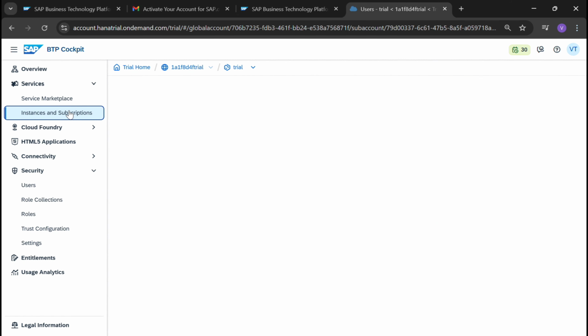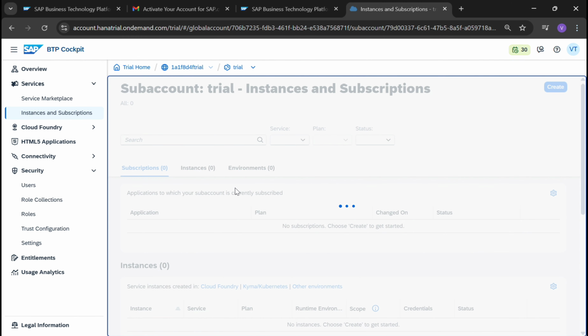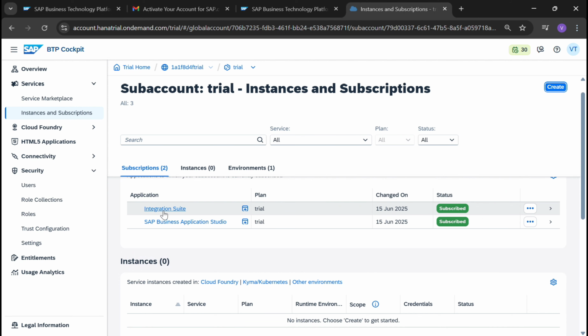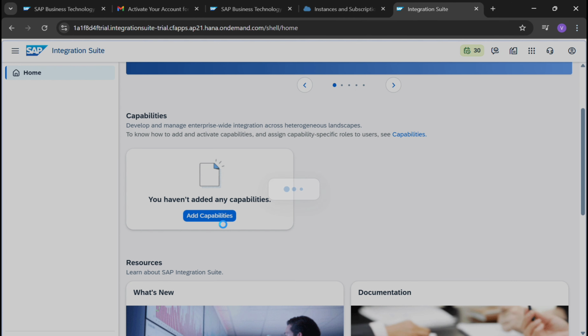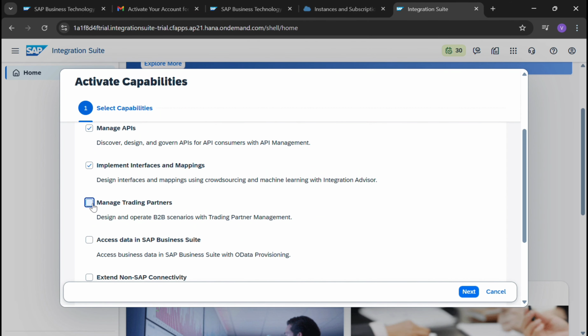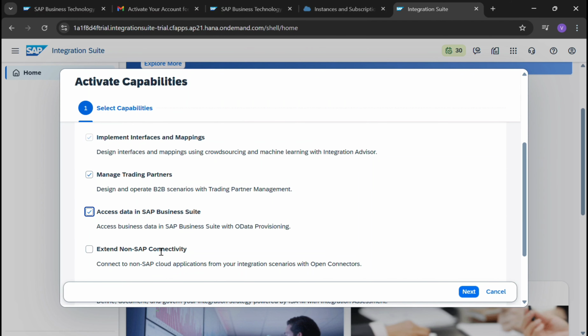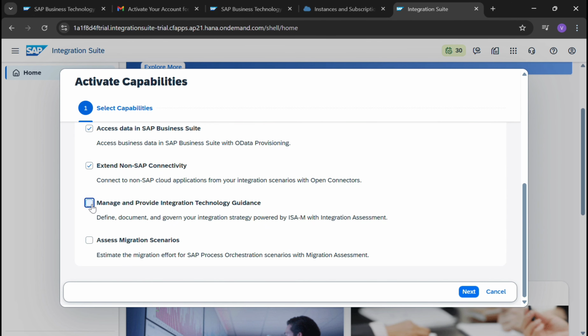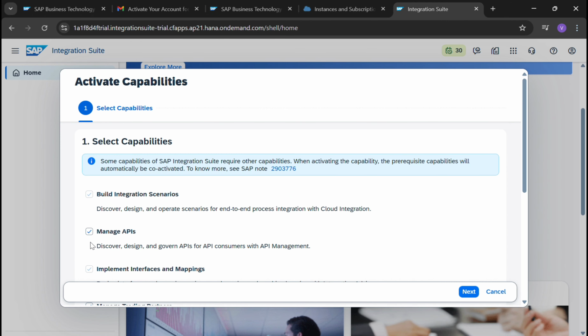Now instances and subscriptions. Click on Integration Suite application, three dots, go to application. Now we are going to set up capabilities for our integration suite. We have to add here capabilities like build integration scenarios, manage APIs, implement interfaces and mappings, manage trading partners, access data, extend non-SAP connectivity, manage and provide integration technology guidance, access migration scenarios. Select all capabilities, click on next,